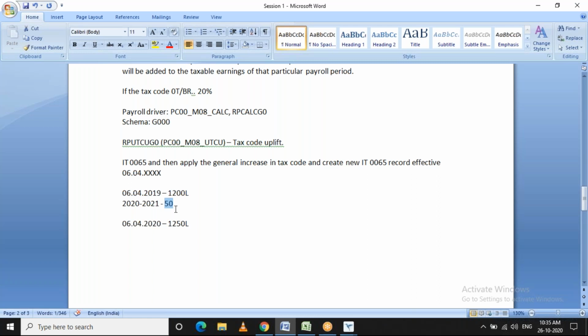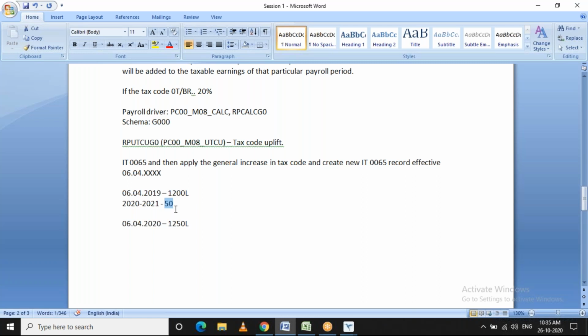Okay. Clear? Any doubt still in this? No. Okay, fine. Then we have completed info type 65, the tax and tax calculations part.